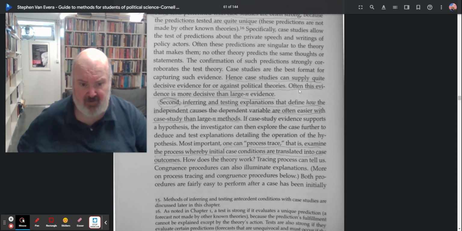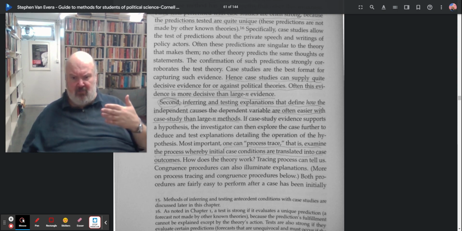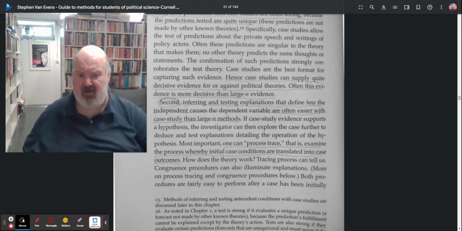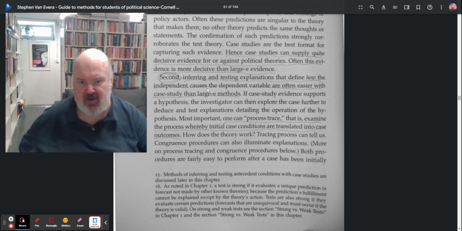Often, this evidence is more decisive than large N evidence. In other words, it offers stronger tests that confirm or invalidate a theory, and this evidence is more decisive than large N evidence. Second, inferring and testing explanations that define how the independent causes and dependent variables work is often easier with case studies than large N